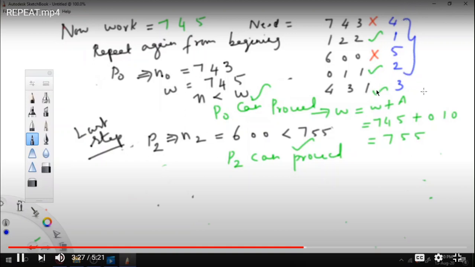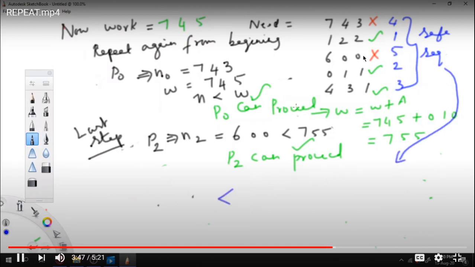So this is the order we have proceeded. Initially we have done P1, then P3, and then P4, and then we repeat the sequence again to get into the next step, which is the fourth in the order, and then finally we are able to do the last, which is process number 2, the last in the sequence.